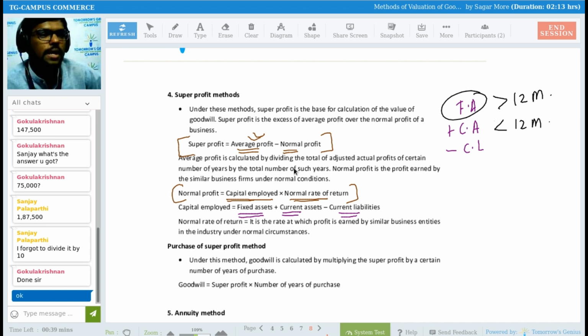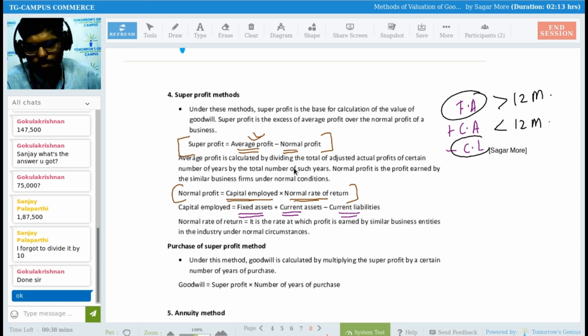I'll give you an example. Debtors, bills receivable, and stock. Sir, I manufacture this pen. What is the purpose behind manufacturing this pen? For selling, no? I'm not going to hold this in my hand. In 2 or 3 months I will sell this pen in the market. I'm not going to hold this pen for more than 12 months. I have produced this pen for selling purpose only. So any asset which is there in the business for less than 12 months is a current asset.